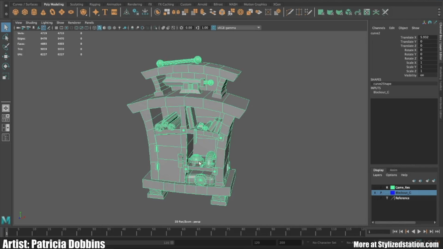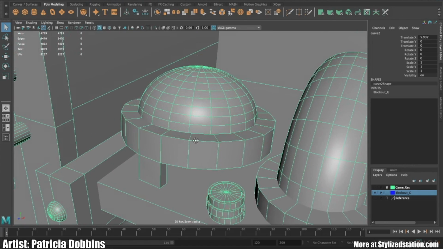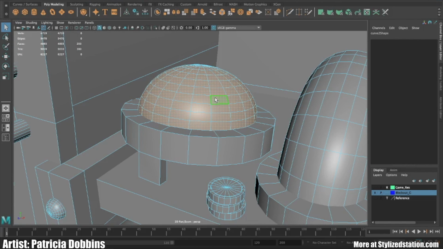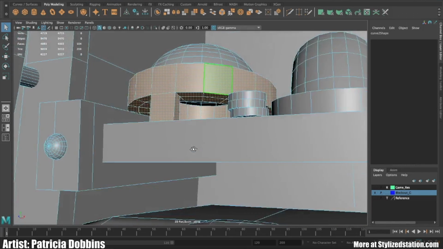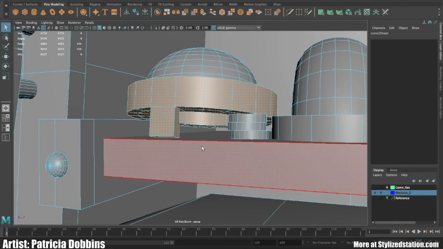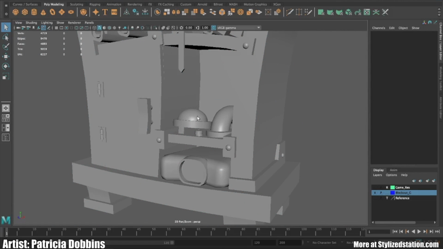Some people feel, oh, I need to model this all in one piece. You don't have to model your helmet all in one piece. You can actually just take a sphere, cut it in half, get a cylinder, or in this case, I ended up taking a pipe, extrude one of the faces out. There you go. There, you have a helmet after you smash those pieces together. Modeling doesn't have to be something where you only have to model from one square. You can build